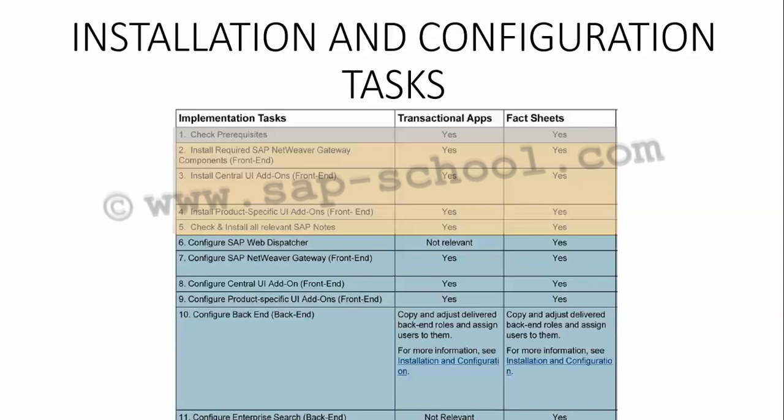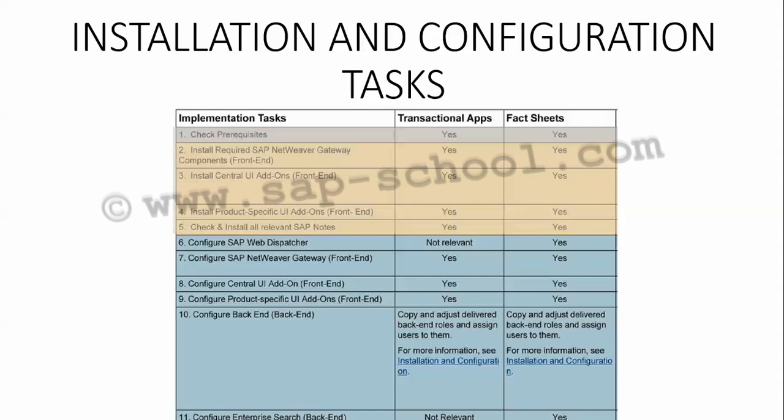Similarly, for the fact sheets we also have the predefined roles provided by SAP. So we can copy them, adjust them as per our requirement, and then assign our users to them. Lastly, we have the configuration of enterprise search. This is not relevant for my transactional apps, but it is relevant for my fact sheets.